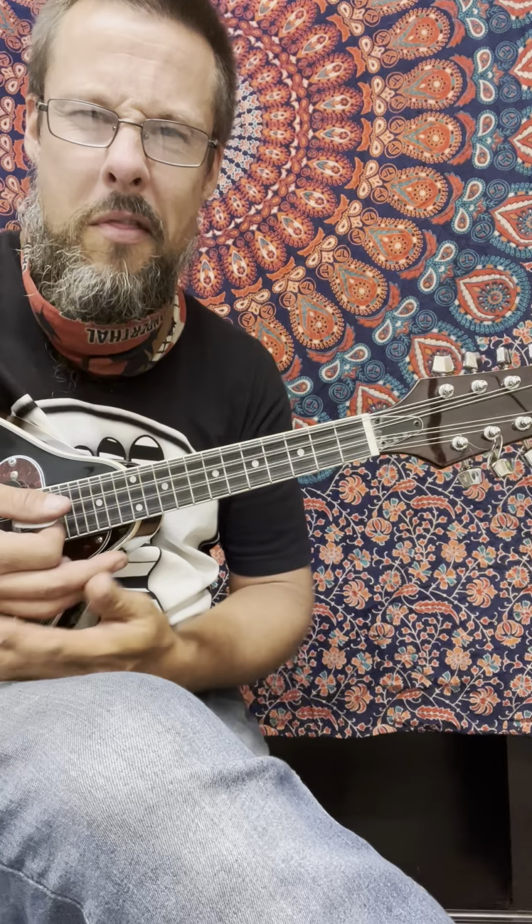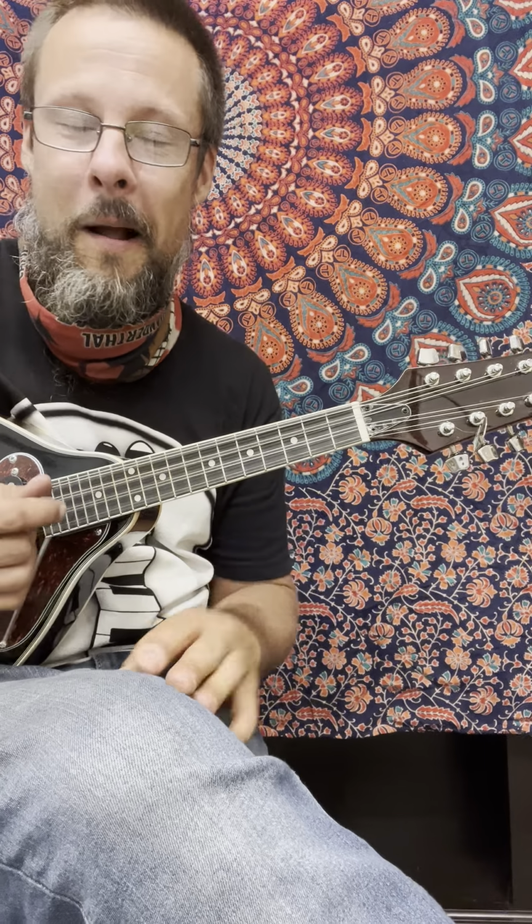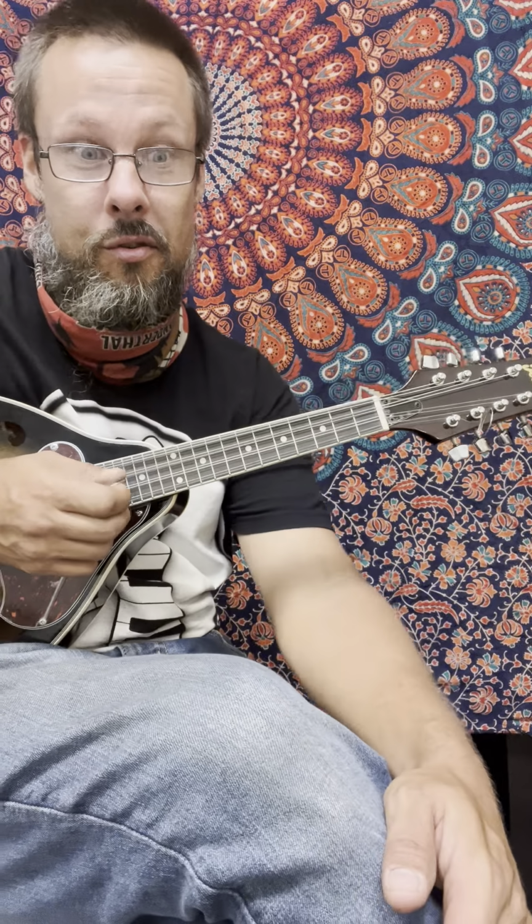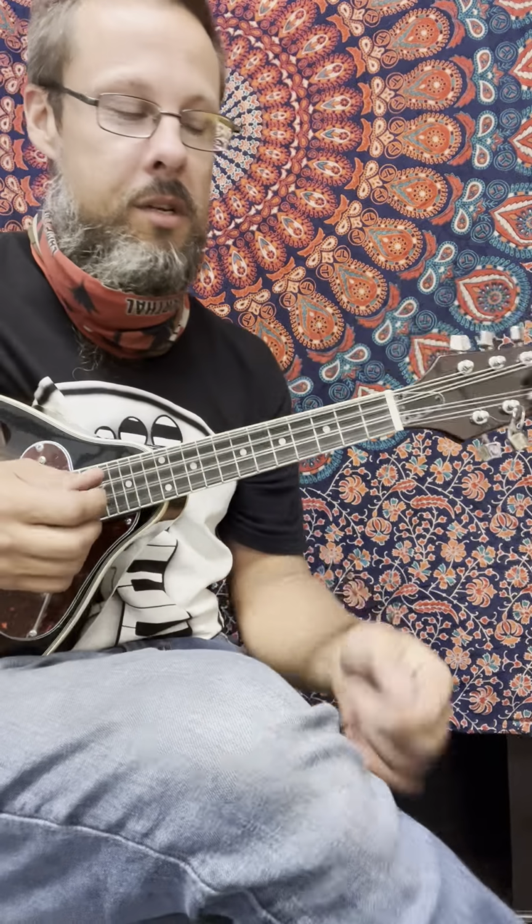The fingers will do what they do when you go slow and then you speed it up. The magic of this is when you throw it into normal songs, it actually adds just a really cute little flair. So like in Whiskey in the Jar, the